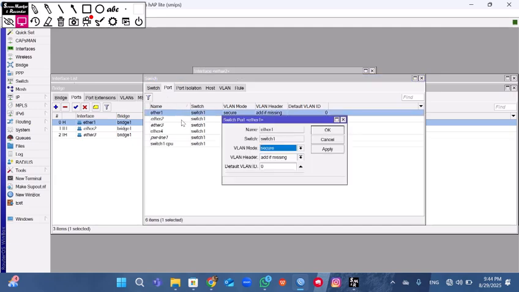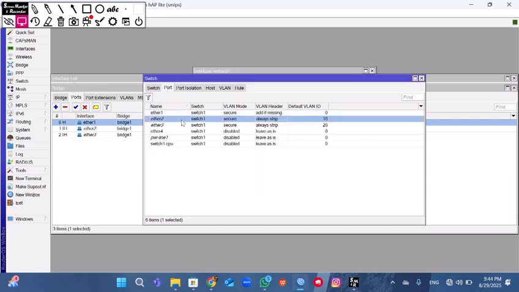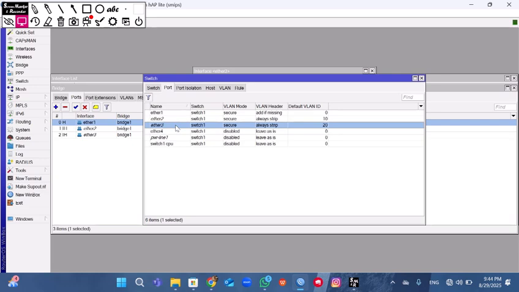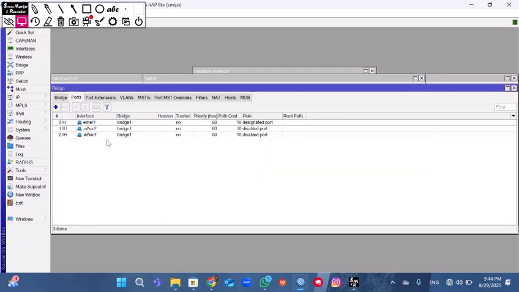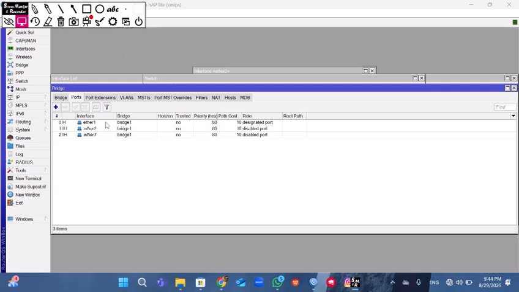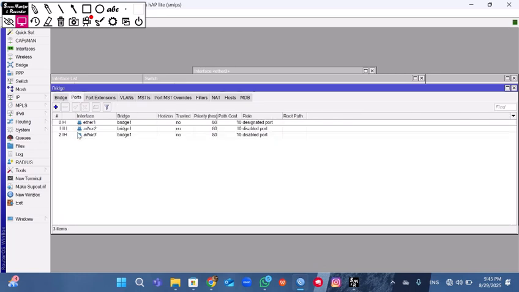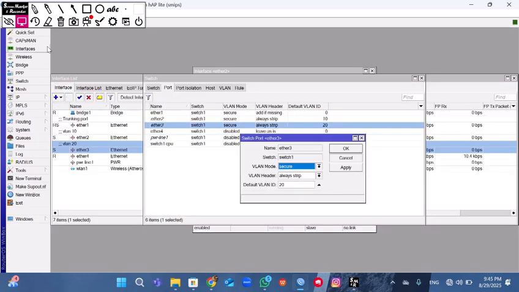Like I explained before, like this: Ether 1, Ether 2, Ether 3. How can we set it? After you set it, you can go to bridge and check whether this network works or not, and whether the port can be used or not, and you go back to interface.